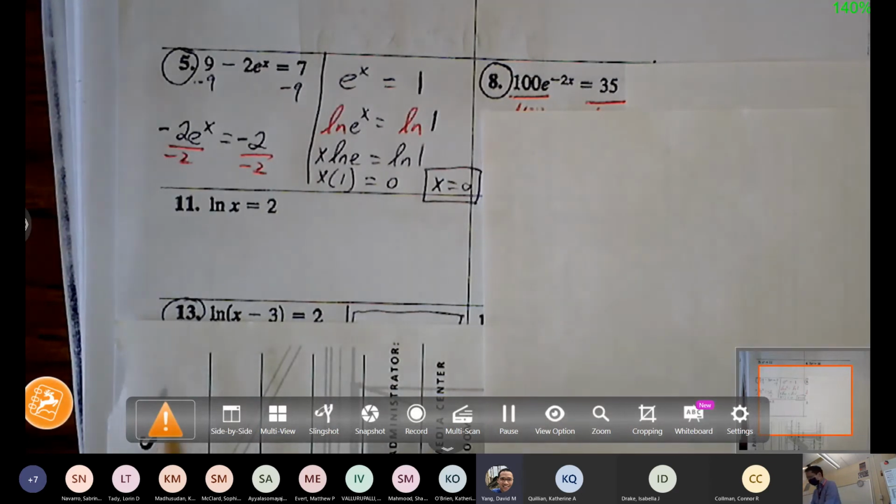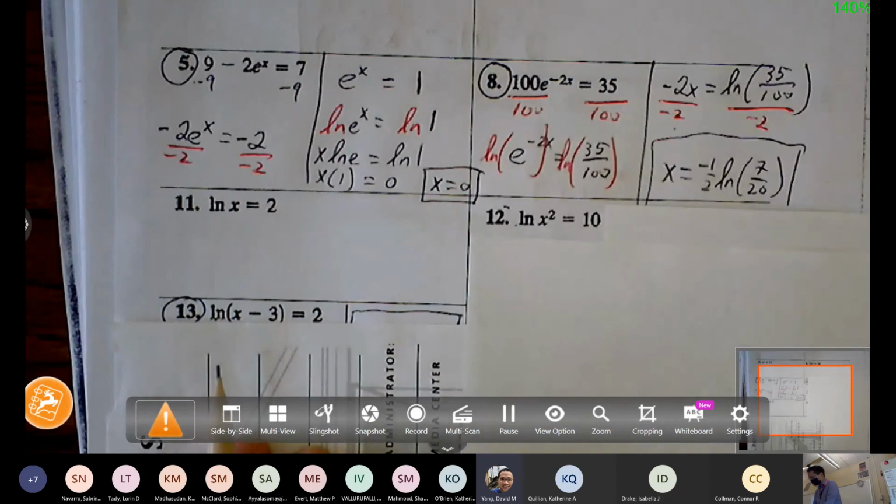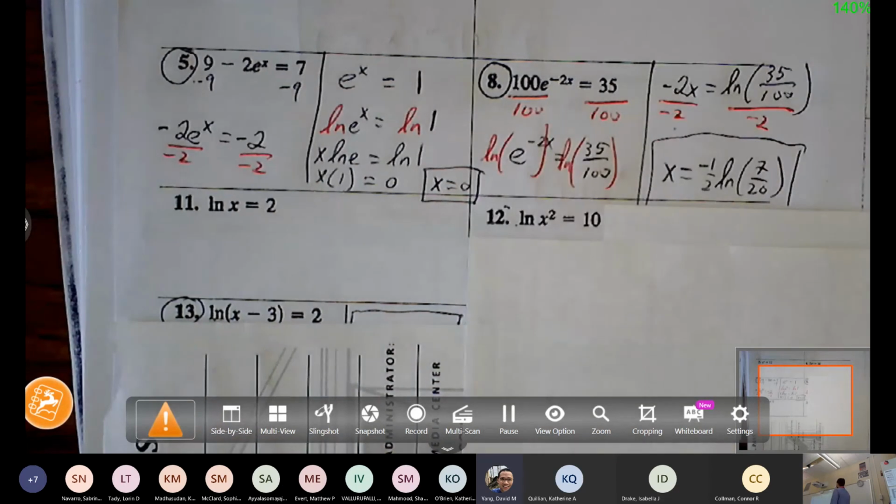All right, your steps look pretty good. Let me go through. We want to get that 100 out of the way first. Let's clean up as much as we can before we involve natural log. So I'm going to move the 100. And now I can take the natural log of both sides. Once I take natural log of both sides, that -2x is now free to move. That -2x can come down in front. And then we can